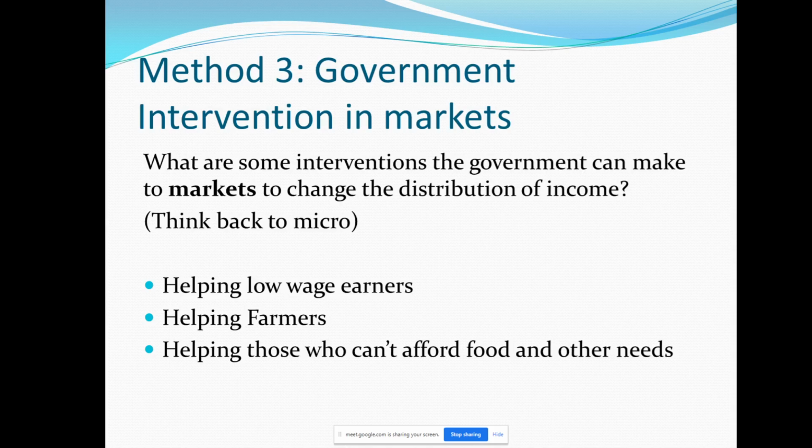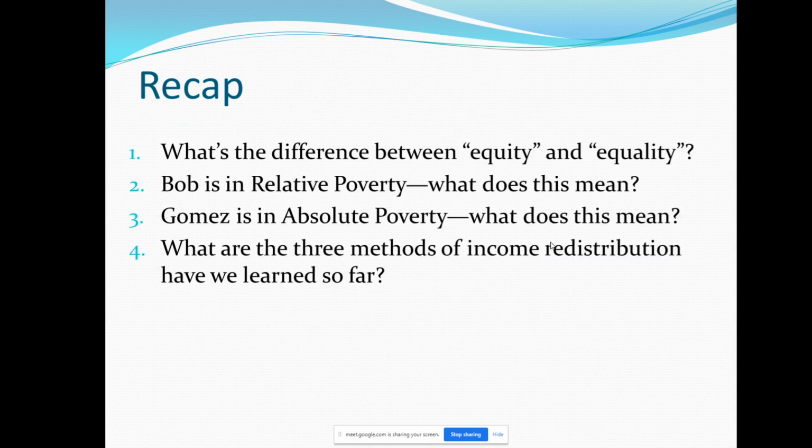But we don't have to be that rigid. You're talking about overlapping the ideas. Well, if you're able to talk about all of them, then there will be no overlapping, because you're just talking about methods. How do we redistribute the income in our society? So three of them. So let's make a quick recap.